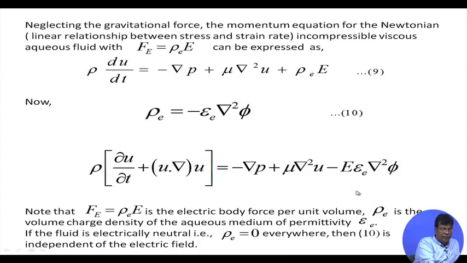Now, if the fluid is electrically neutral, meaning rho e is 0 everywhere, where rho e is the volume charge density of the aqueous medium and epsilon e is the permittivity. If you have a situation where rho e is 0 everywhere within the fluid medium, this is nothing but the equation of motion of a